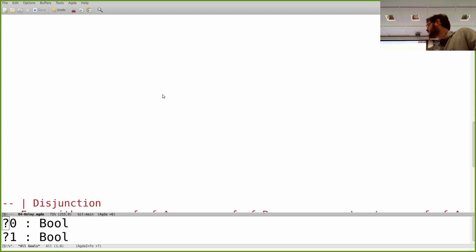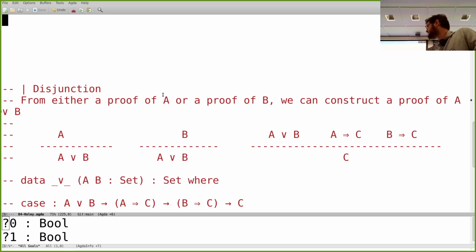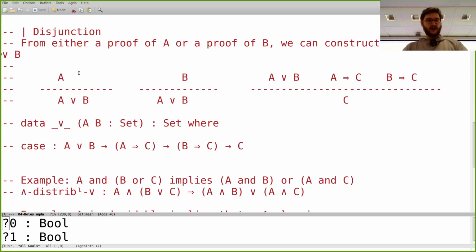Yep. Then there's disjunction. So, yeah. It's a small thing, but I see quite often that you use the syntax where you define lambda and arguments